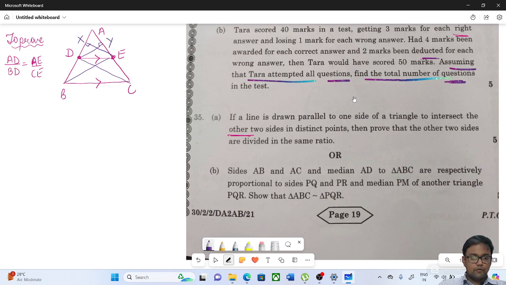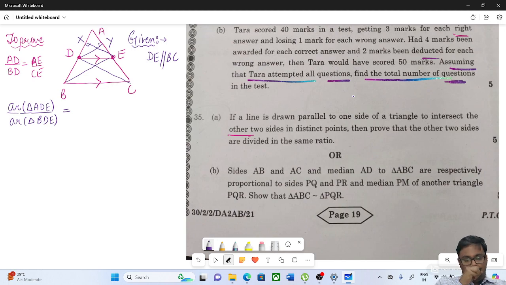So what is given to you here, children, in this theorem is that DE is parallel to BC. So, you take the ratios of the areas of two triangles, that is, area of triangle ADE is to area of triangle BDE is equal to,